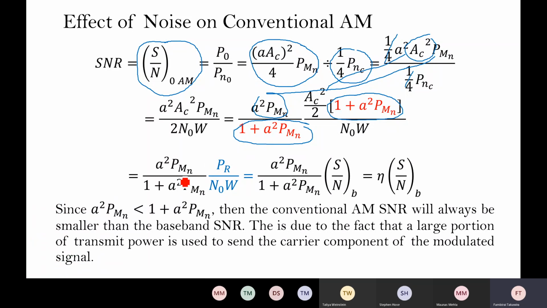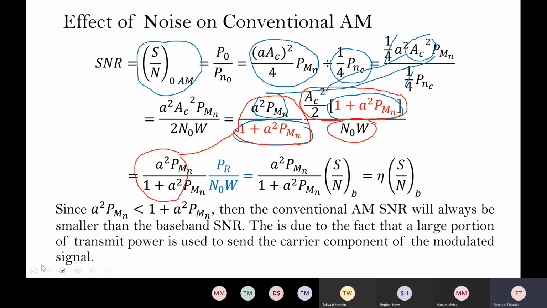Go back to red. So we will essentially have this component here, which is the component that comes in from the small a squared PMN up divided by A squared PMN, which is this component here. And if we look at it, this term here is actually the received signal power, divided by N0 W. So essentially then, the signal to noise ratio at the output can be written as,